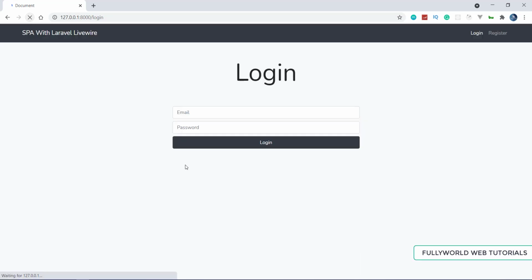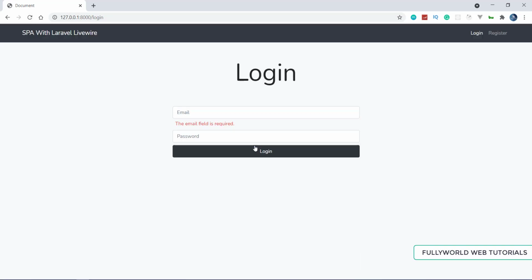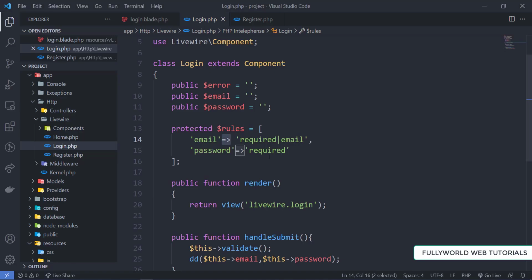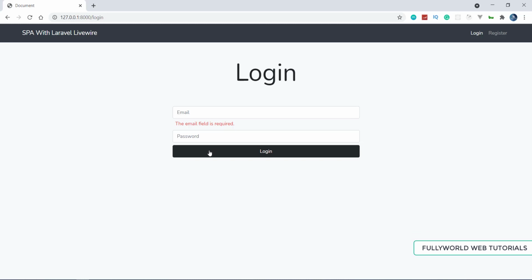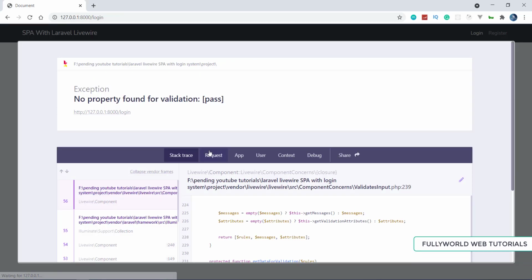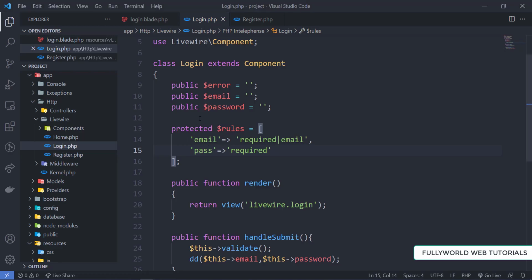Now whenever we click on login, it should return the error that the email field is required, and for password it should also be required, so it will be pass here. Save it. And now whenever we click on login here, pass is not there.